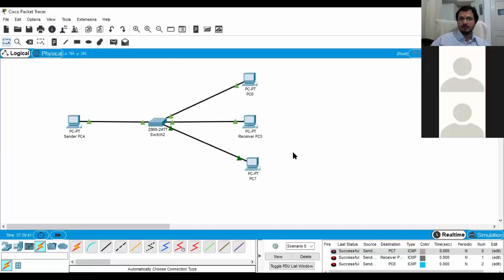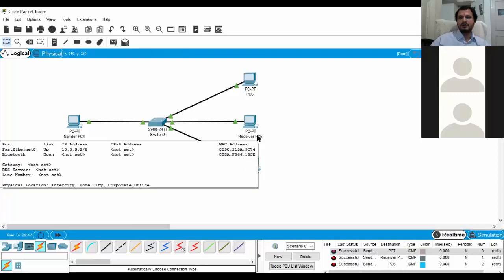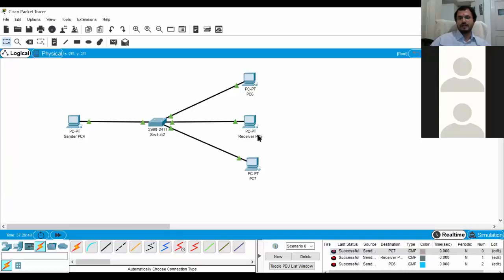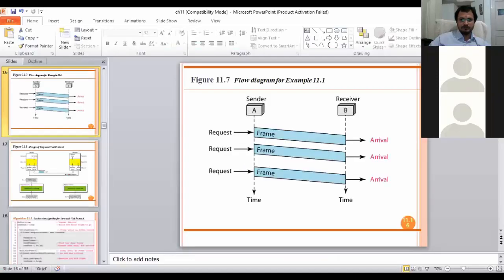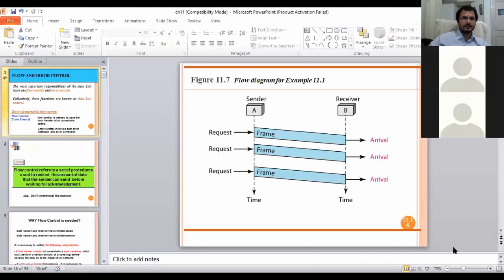But in the previous case using a cross cable, since every device has only a single interface, we could not connect more than one device. So what is the solution for that? The switch is the solution. But please remember that a switch works within the same network. For a different network, a switch will not work. For a different network we have a router, which works on network layer 3. We will talk about that later in the class. Now coming back to our lecture from the previous class.